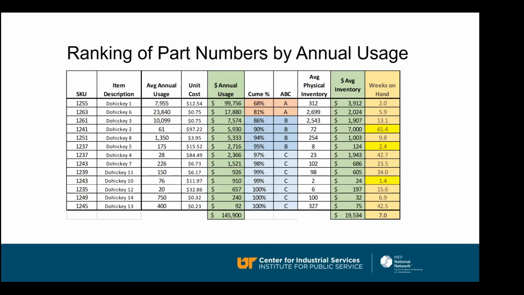So in this case, I've got 2 A items, but if I felt like I only needed 1, if the second item didn't qualify, that's perfectly fine. Use your judgment. You know more about your business than I do, and you know where it should fall, and there doesn't have to be a clean break. You can manage your A and your high Bs with greater intensity. Just make it fit as best you can, and don't worry about those percentages at all. Just know that some items you want to have tighter control over and look at more closely.